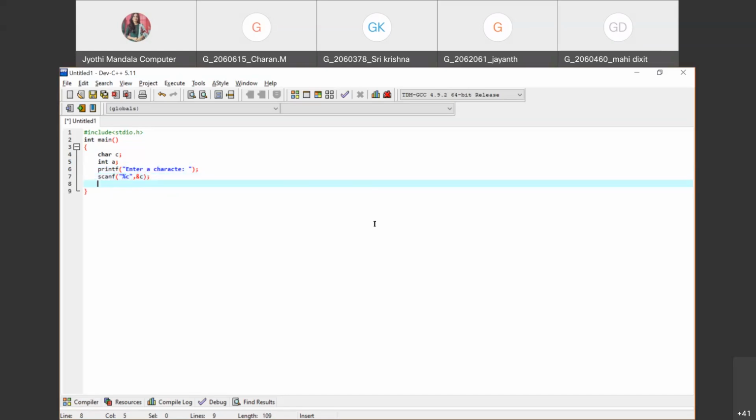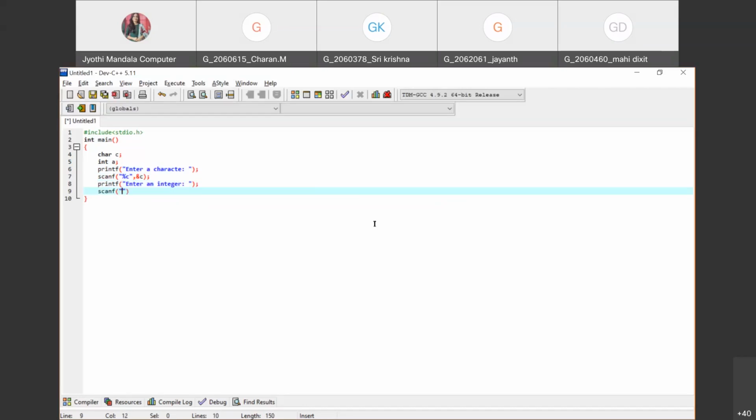After this, I want to read the integer value. So I'll be asking the user, and once this is displayed, the user will be giving the input, which I will be storing in the A variable. The format specifier for integer, you all know, is %d.